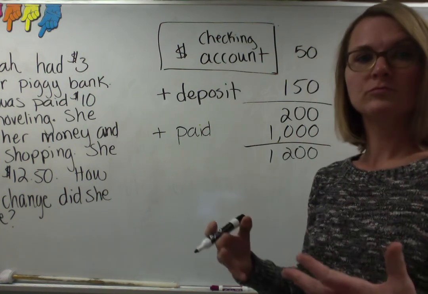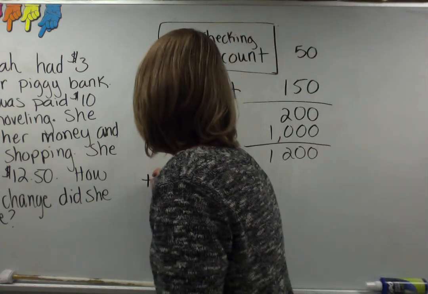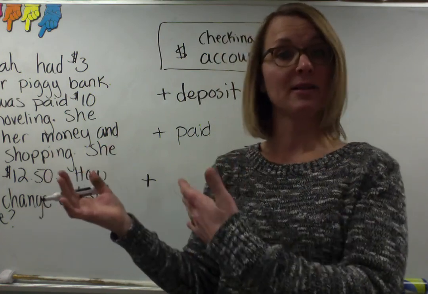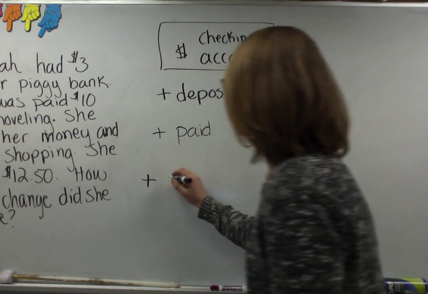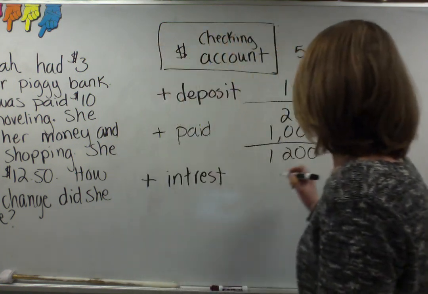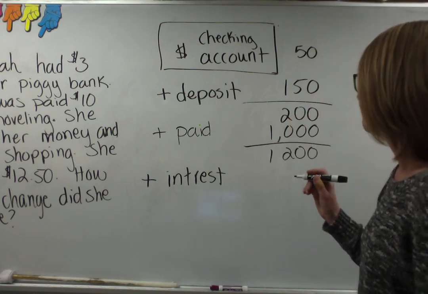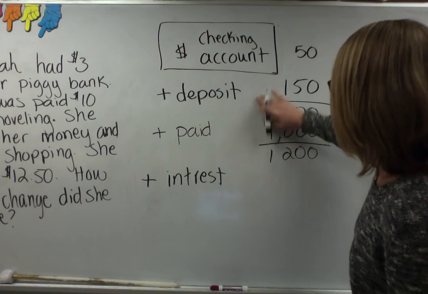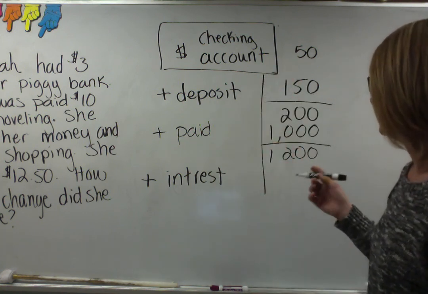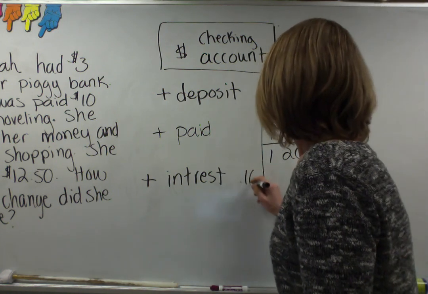Now, when my money sits in there, I get something called interest. Usually not a lot, okay? But the bank gives you money for putting money in their bank, okay? So if I get interest in my account, that is being added to my account. So let's say my account has been sitting there for, I'm going to put a line over here. Let's say my account has been sitting there for like 4 months, and in 4 months I've made 10 cents,